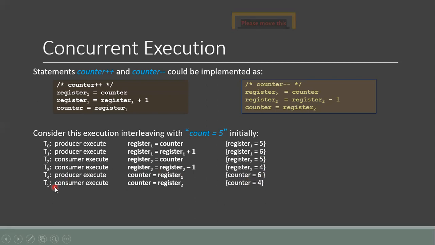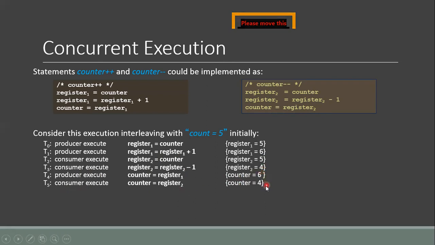At T5, control will be transferred from the producer process to the consumer process. So the consumer will execute the final machine language statement, where register 2 content will be moved to the memory location counter. In register 2, the value is 4.